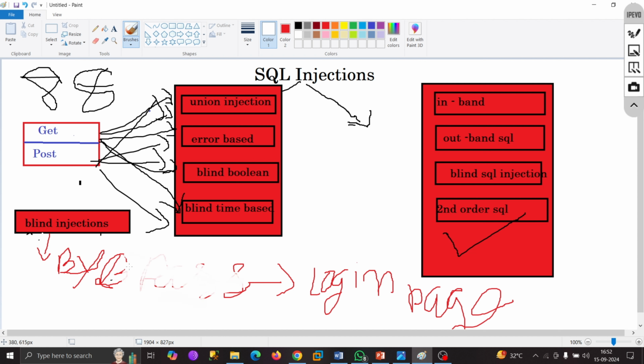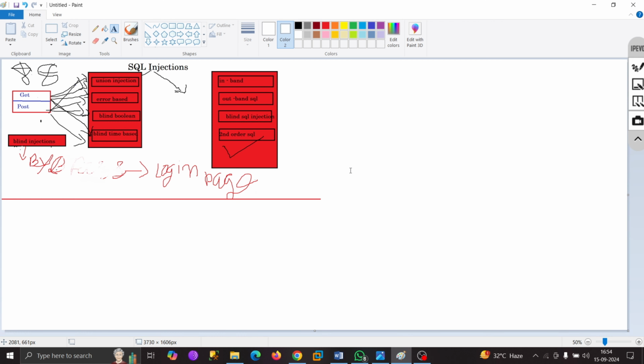Now we got to know the basics of SQL injection, how exactly this works, and we got the understanding about this. Now let's go ahead and understand it practically, like how exactly this SQL injection works. Let's suppose,